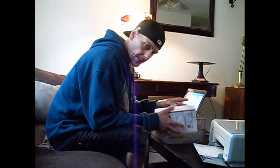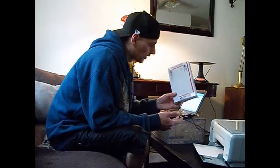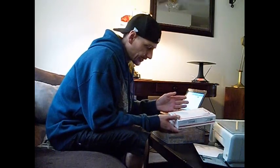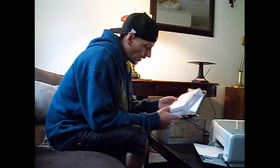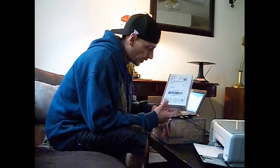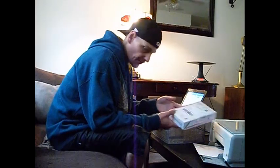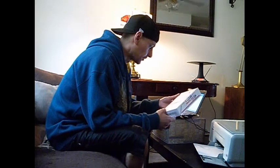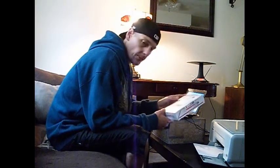When you're printing out your labels on eBay, if you're using priority postage boxes or envelopes, then you don't have to do the weight or anything like that, unless it's a crazy weight. Like the weight limit for this is 70 pounds. I don't know what you can fit in here that's 70 pounds, but for example, a medium flat rate box or a Tyvek envelope, stuff like that, you usually won't have to weigh it